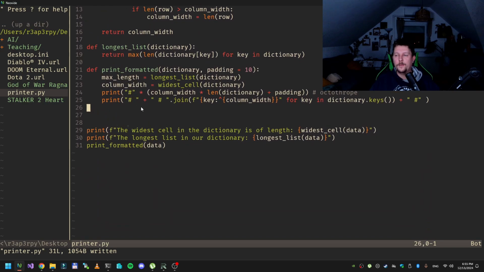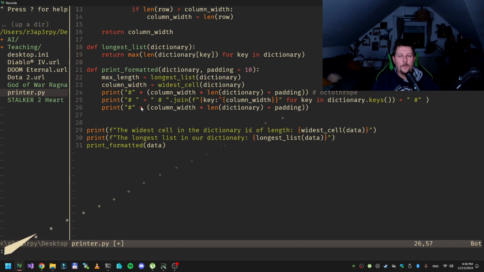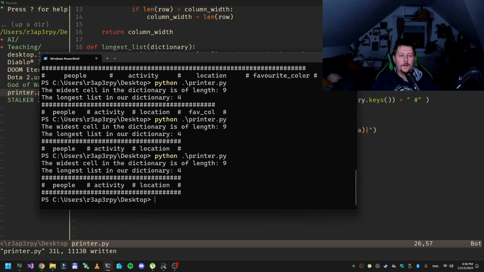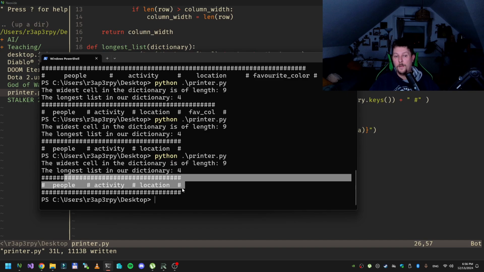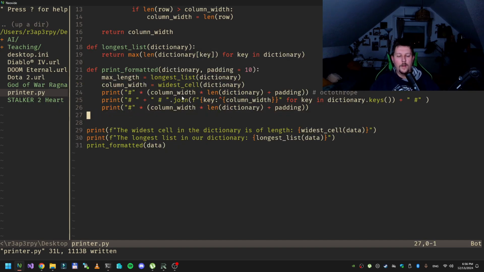So after this, what we have to do is to create a new print statement. And we say that we want to use the octothorpe and multiply it by the column width times length of dictionary plus padding. So now we have the separator below here. Okay, and finally we have a for loop,